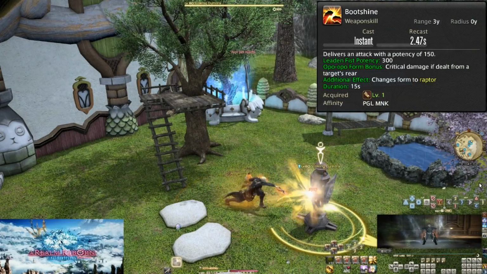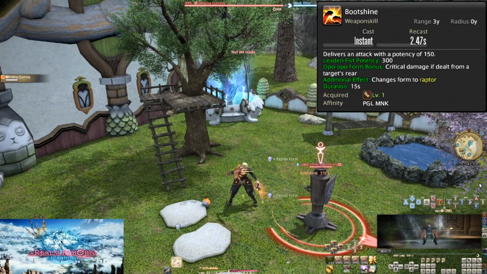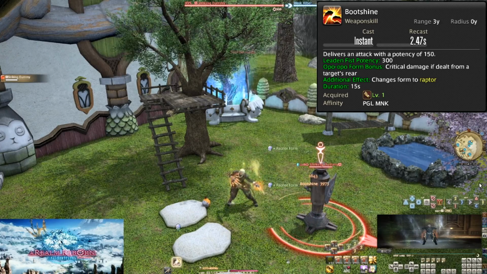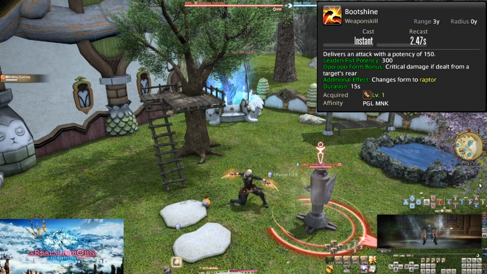Level 1, Bootshine. A 150 potency hit and an additional effect of changing your form to raptor form for 15 seconds. This is a basic attack for you to do, and the additional effect does nothing until...